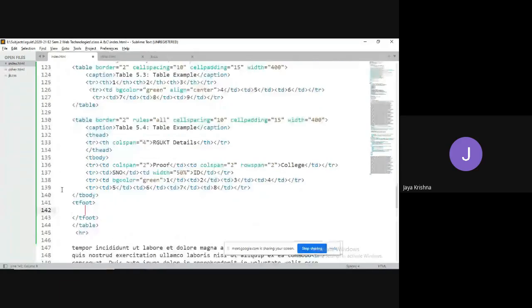For example, I would like to add one more row. TD colspan equal to, I'm taking 4, for the footer of the table.